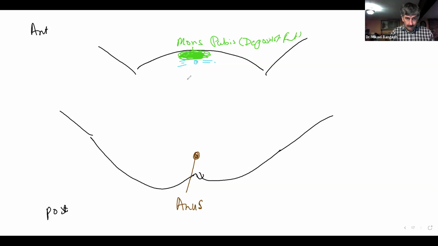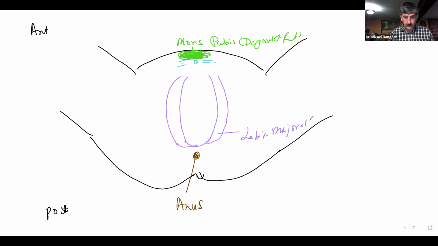Good. What we have here is going to be the labia major. And just so we know what we're talking about, they are pulled apart, mainly so that we'll be able to see what lies deeper to that,